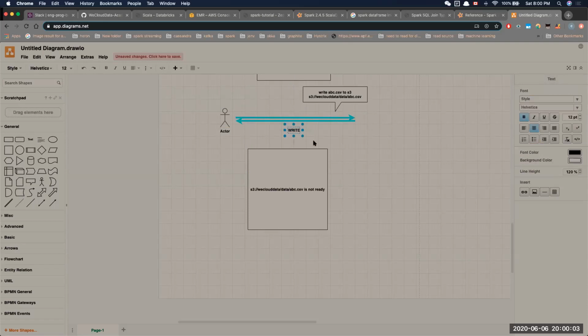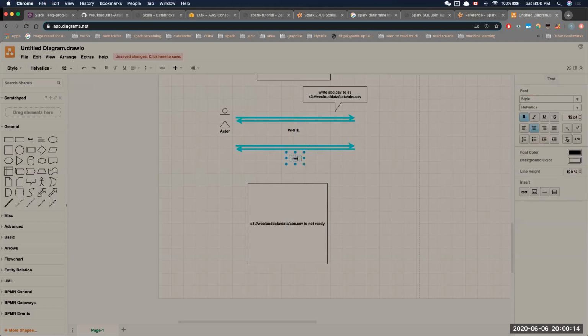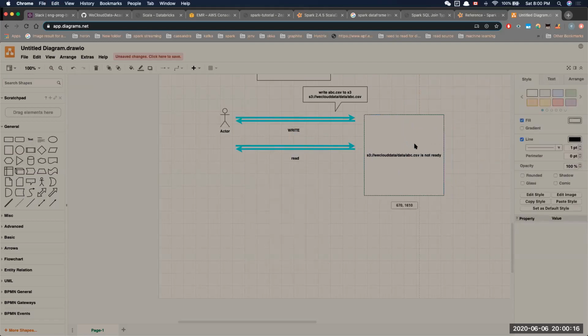This is the write process. And when you finish this, you do another request, which is a read request. And when you're reading this, it's going to say, okay, this data is not ready, and come back